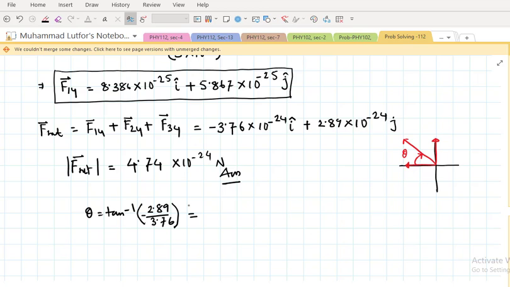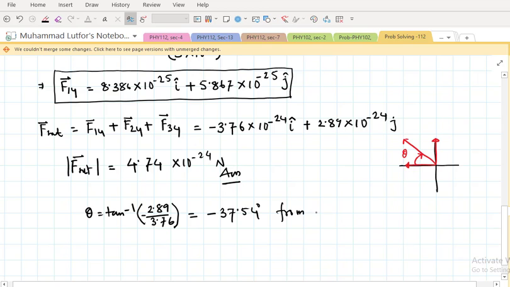Shift tan inverse gives you minus 37. So the angle is minus 37, which is clockwise. So this is minus 37.54 degree